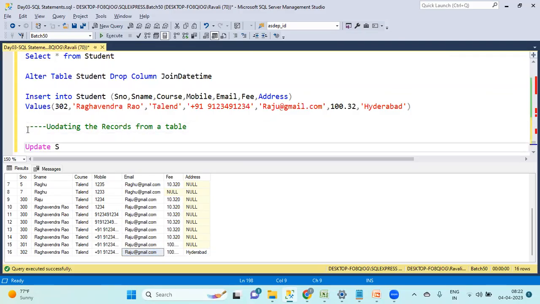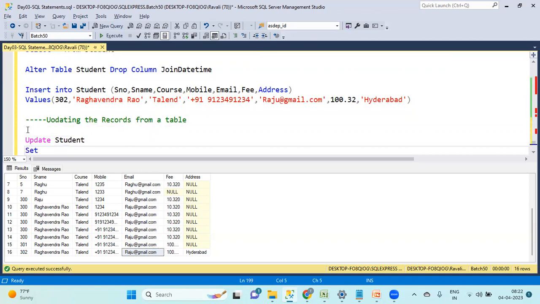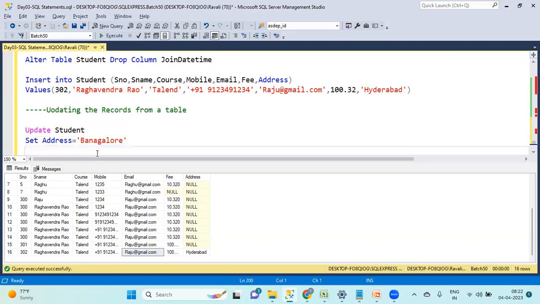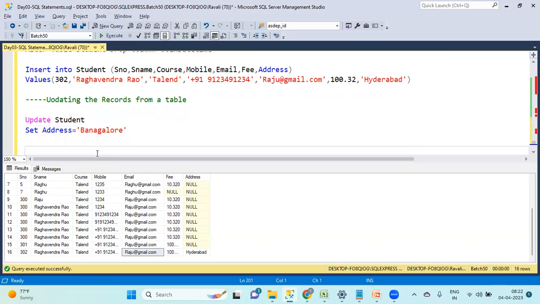Update table name, update student. What I want is set address equals to, provide a value, Bangalore. So if I run this,